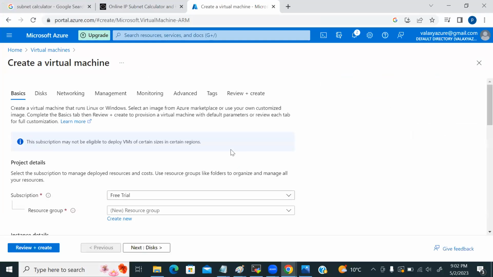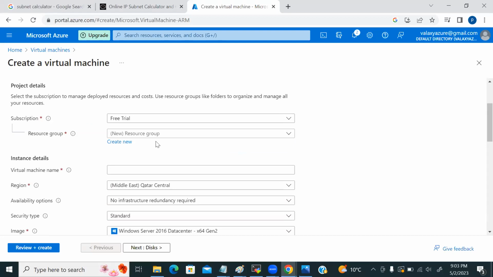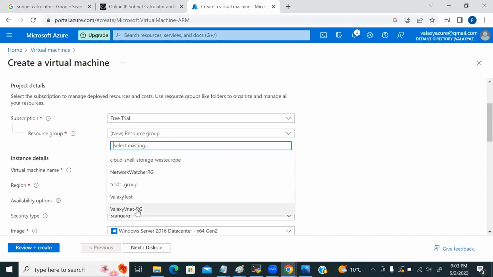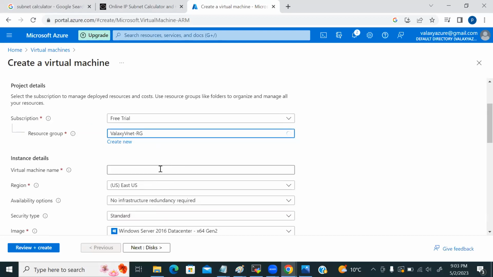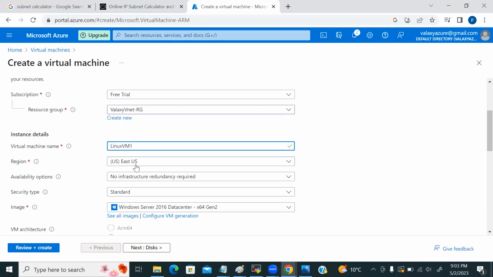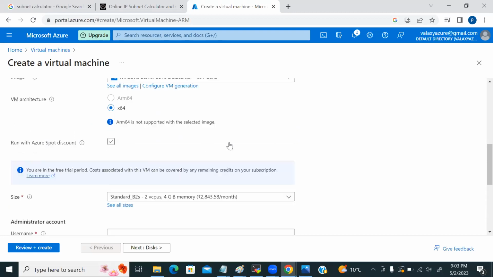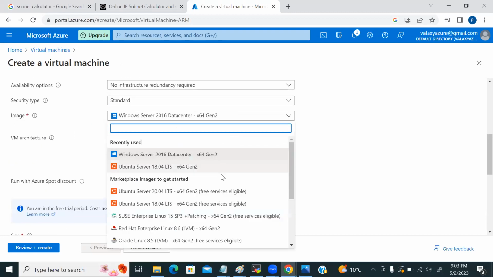Instead of creating virtual machines or any resource through this console, if it is a command line, then we can do it quickly. From today onwards, I will show you through the command line also. Most of the remaining resources we will practice with the command line only. I will provide those commands. Resource group Galaxy VNet RG, virtual machine name Linux VM1, and East US same. For the remaining, I'm going to select the Ubuntu image